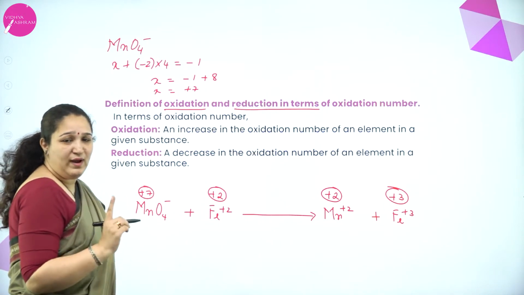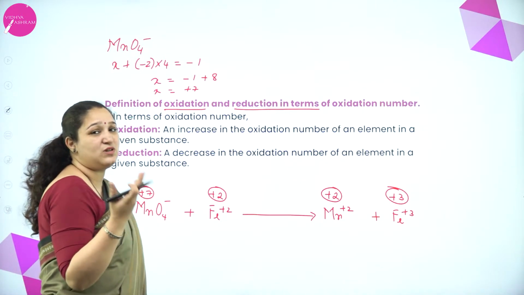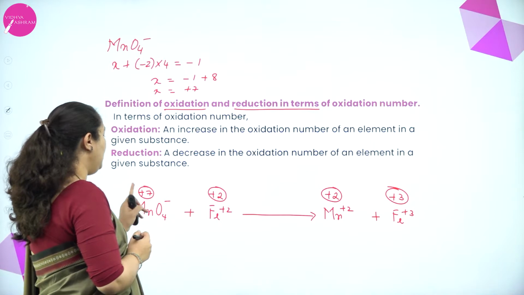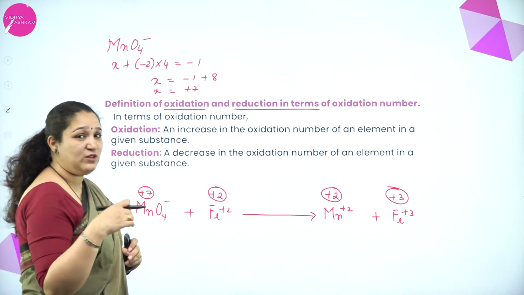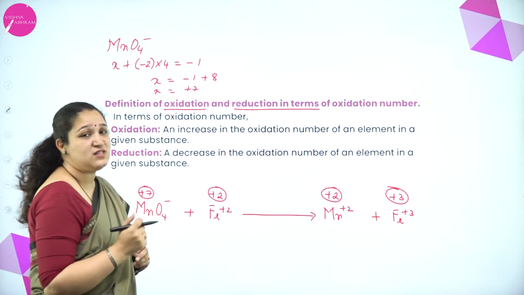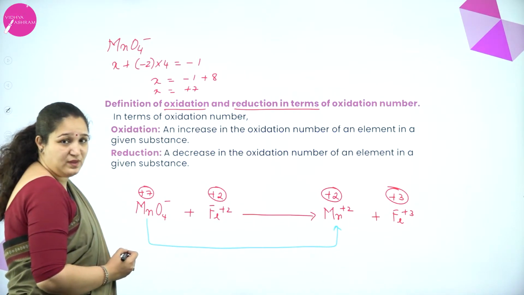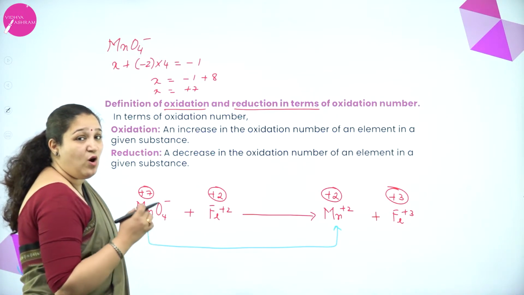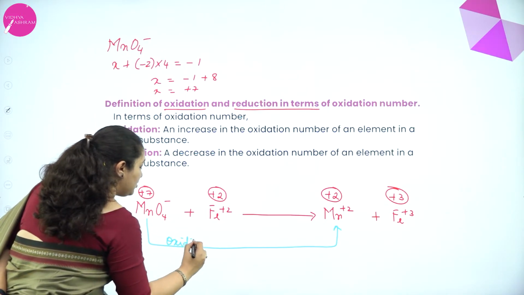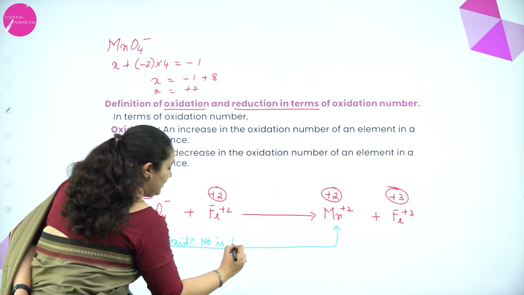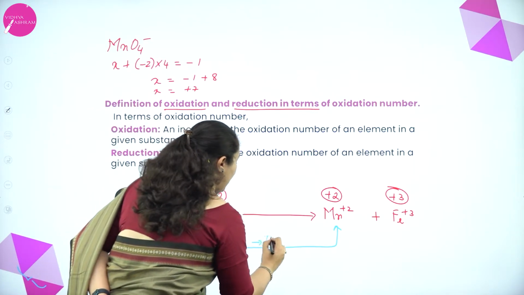Okay. Now I will tell you all what is oxidation reaction or what is undergoing oxidation, what is undergoing reduction. Now manganese you see plus 7 to plus 2 state. From plus 7 to plus 2 state there is change. So from plus 7 to plus 2 state when it is changing, it is decreasing or increasing? Oxidation number is decreasing, and when it decreases we call it as reduction reaction.